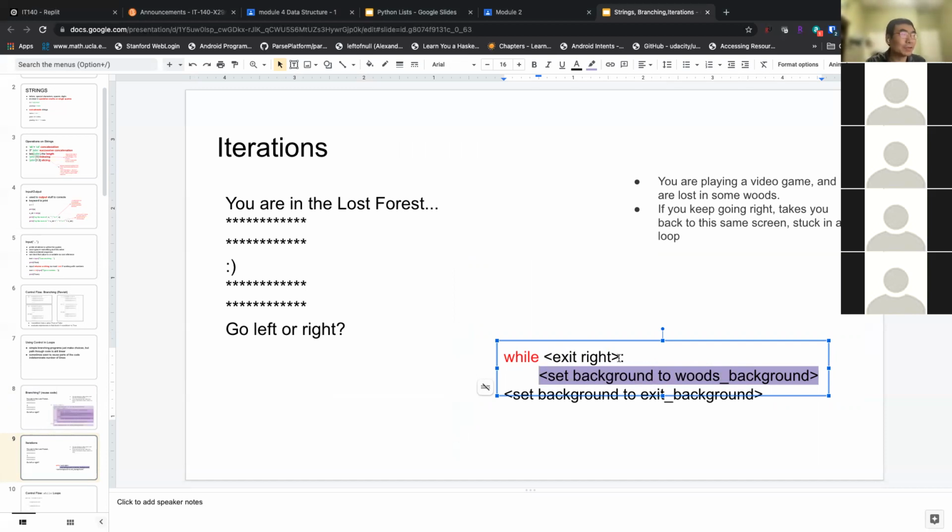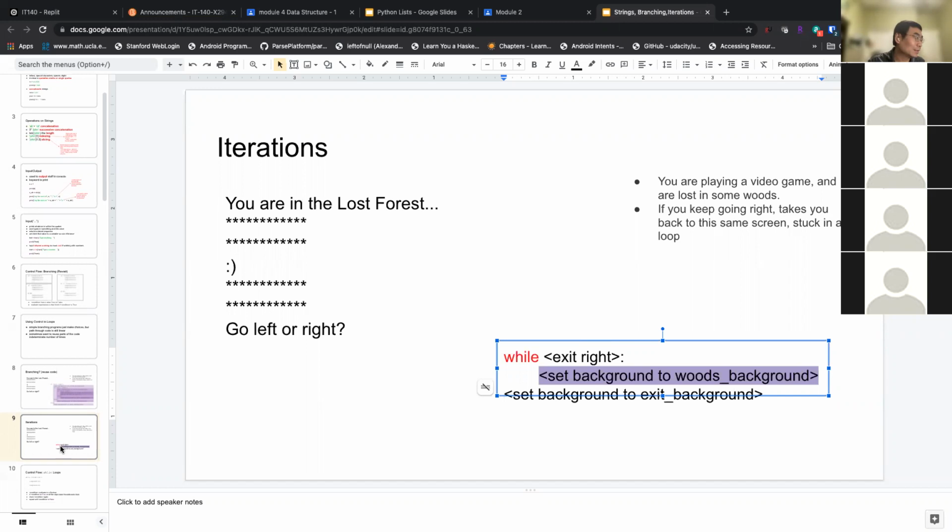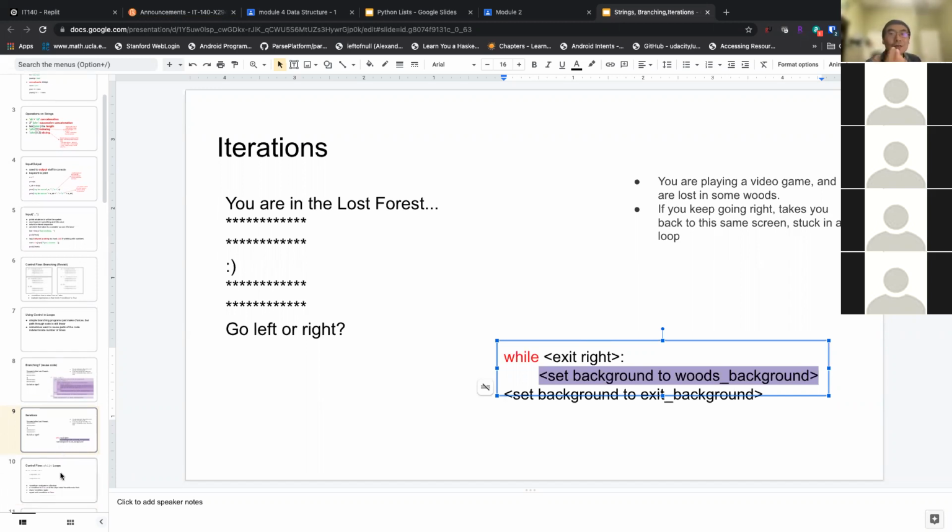You have a condition and you have a colon, that's important, with a tab or white space to show that there is a body of the loop. And then once you're done, of course, you go back to the original spacing and continue with the logic, right? You do something else. So the exit condition basically means when you're going to exit the while loop. So that's a very natural construct, right? Easy to understand. And typically in a game, including the text-based game in this project, the while loop is very common because of the game loop, right?